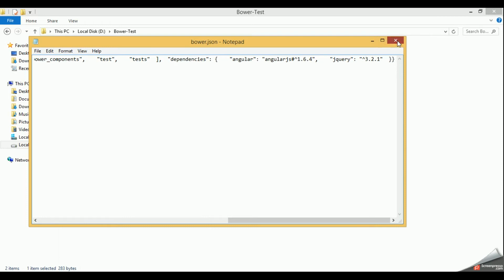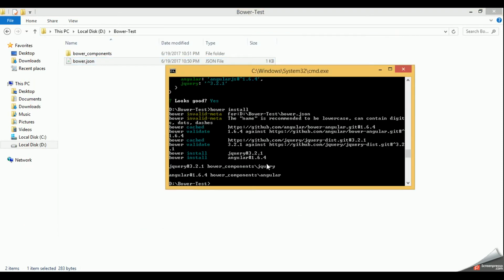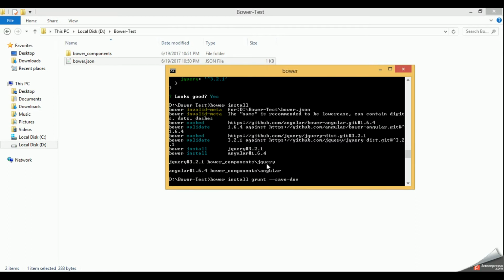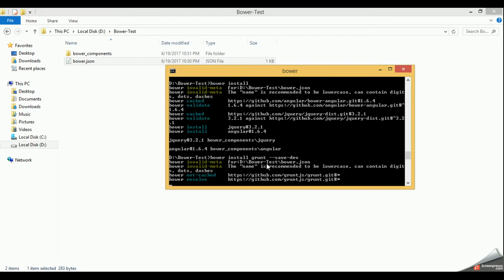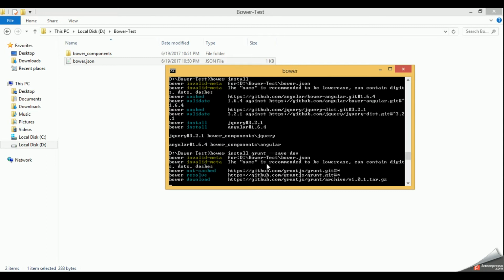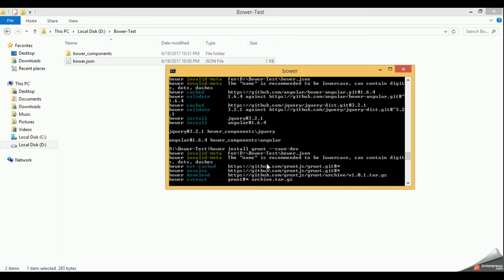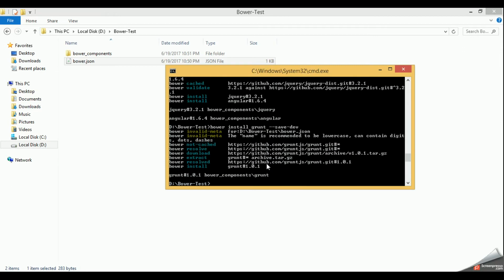Now what if we want to download grunt, bower install grunt, and we don't want this grunt dependency within the dependencies section? So what we can do is add --save-dev. It will actually download the Grunt dependencies from the internet and install them, and it will have these dependencies within the bower.json file in the dev dependencies section.